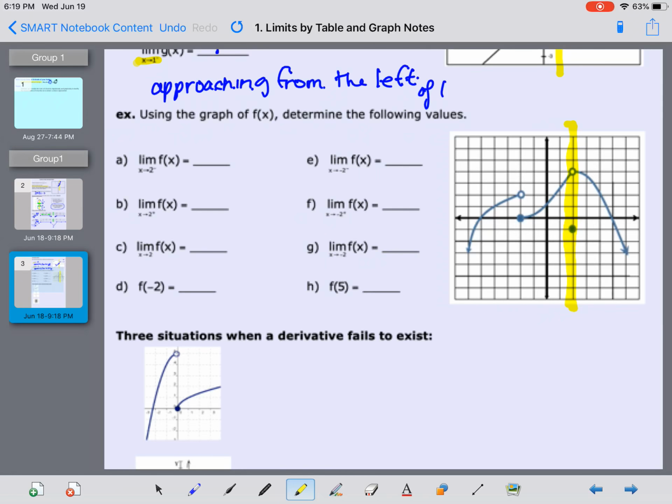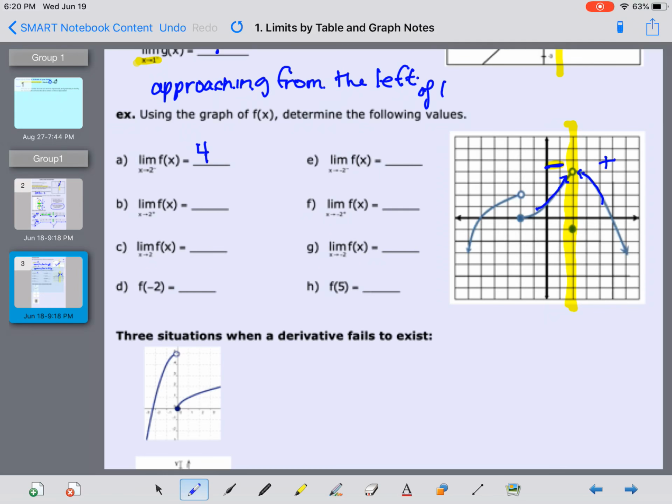The first one says approaching f of x as x approaches 2 from the negative side. So our negative side of this line is this piece right here. Sorry, I need a pen. This piece right here. So I'm approaching that line from the negative side, and that value is like 1, 2, 3, 4. Let's assume that they go by ones. Okay, 4. If I approach from the positive side,